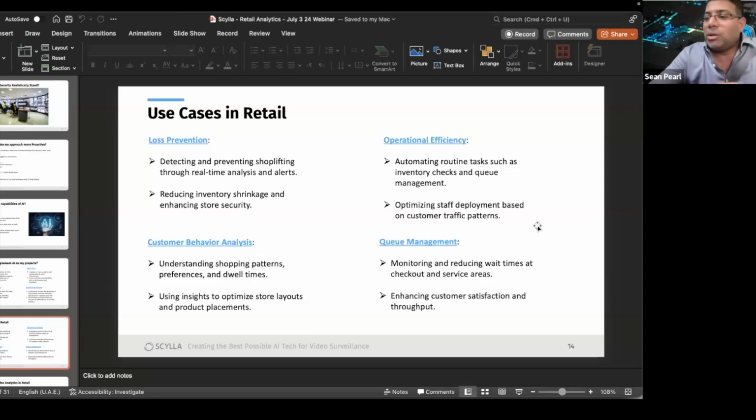So just to give you a very small example, our systems from Scylla actually work on real-time feeds and give you instant alerts. So if I look at the case of shoplifting, if it's a clothing store, you'd have a small metal device on, let's say, the collar of a shirt. So should a person attempt to steal this shirt, he only gets caught at the point when he's about to exit, and that too if there is a metal detector, because that beeps, right?